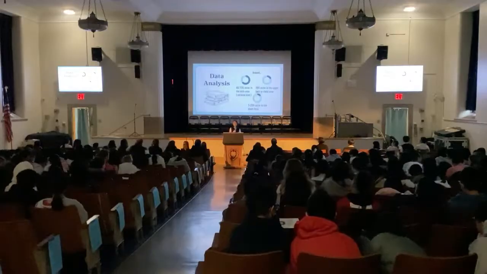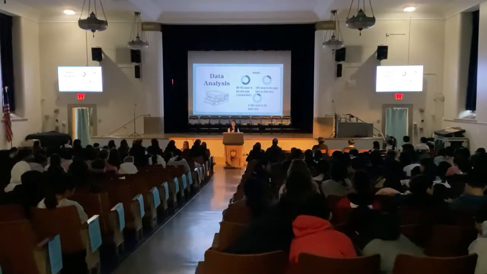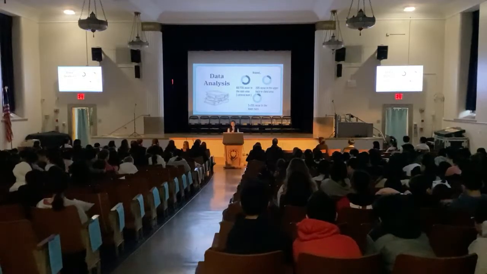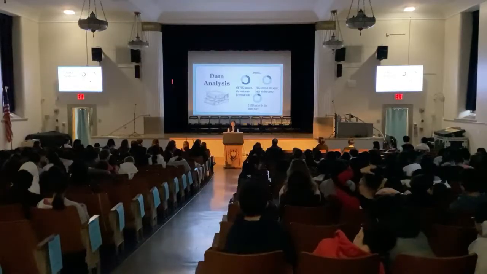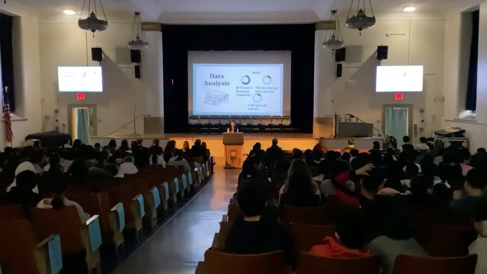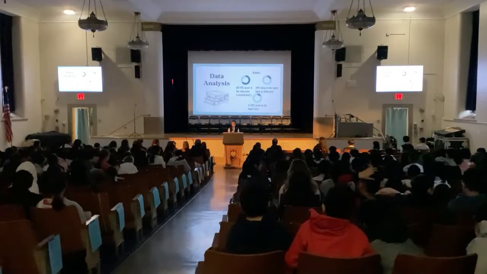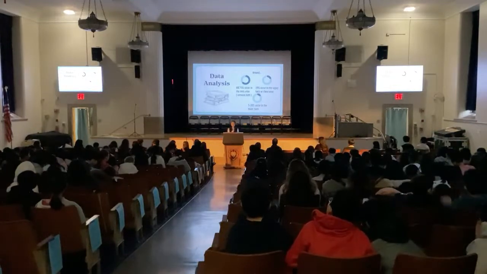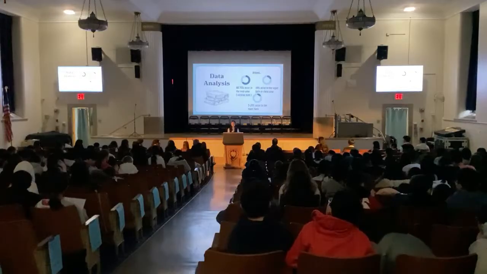Now we have a data analysis on which level occurs the most. Around 60 to 75% occur in the neck area, which is the cervical level. The most severe level, it damages the head, hand, or neck. And around 20% occur in the upper back or chest area, which can be the thoracic nerve that damages the chest and abdominal muscles. 5 to 20% occur in the lower back, which can be either sacral or lumbar.